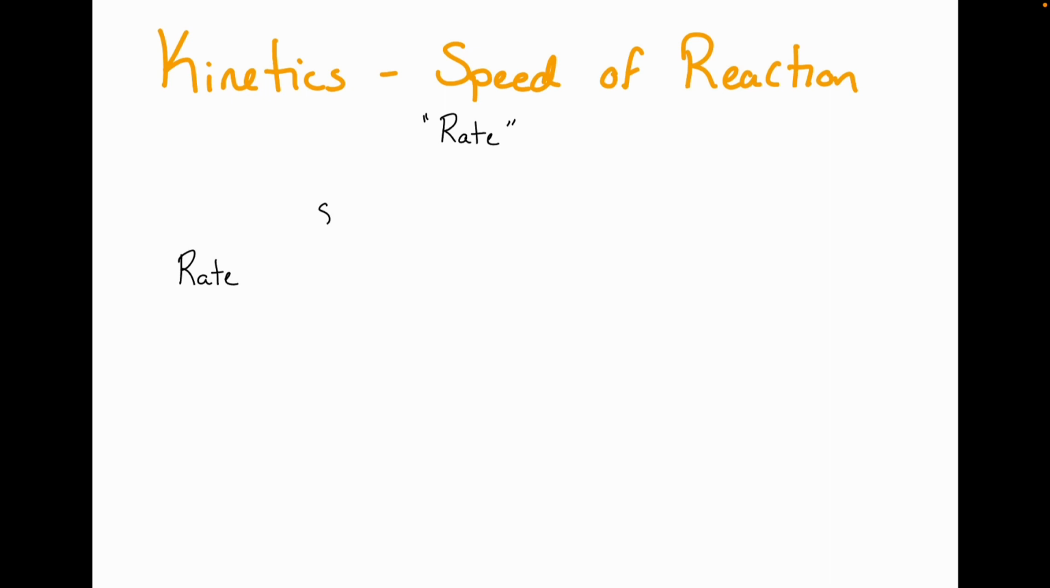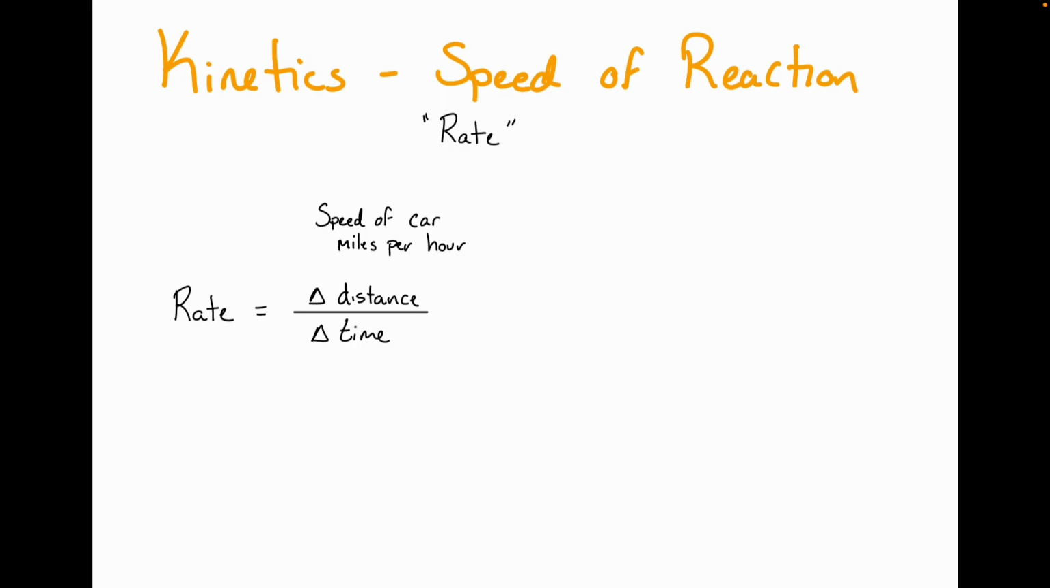So when we're talking about the speed of a car, again, we measure that in miles per hour, which is the change in distance divided by the change in time. So when you're driving down the highway at 60 miles an hour, that means that you are moving at a rate of 60 miles per hour, right? Divided by time. Rate of reactions